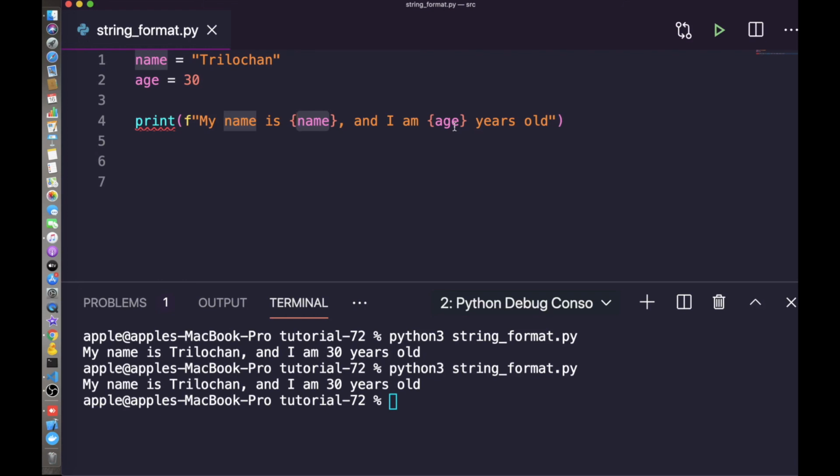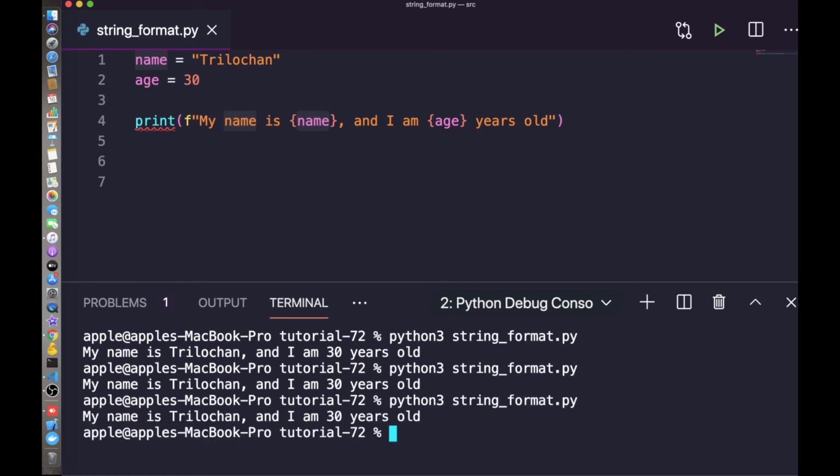I don't know if there are any security vulnerabilities with this solution, but as far as I can tell, there is no way to apply F to any input string. If you run this, we will get the same result: my name is Trilochan and I am 30 years old. Let's execute that.